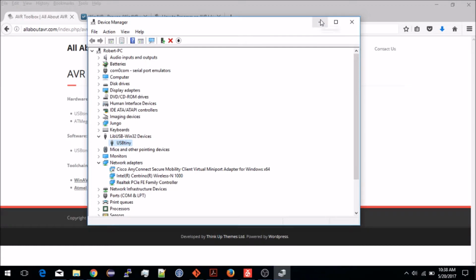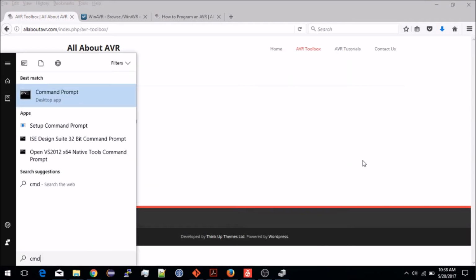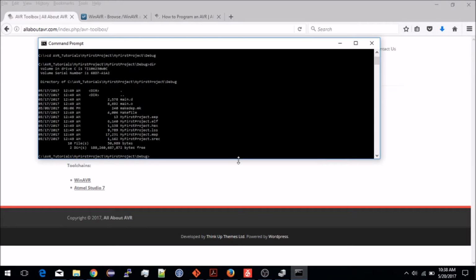So now the next step is to actually program something onto the microcontroller. Go ahead and open up a command prompt here, and you're going to want to CD, which stands for change directory, to the location of your hex file. For demo purposes, I pre-compiled a hex file here. This contains a real AVR program. Now once you're in the directory where your hex file is, you're going to want to type in a command that looks similar